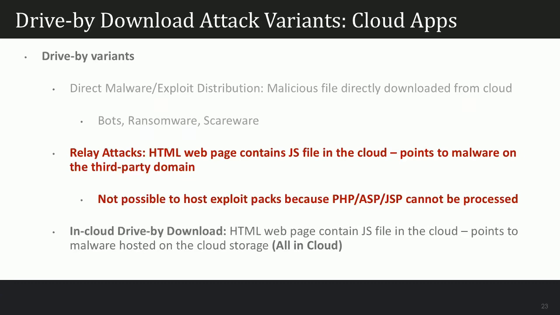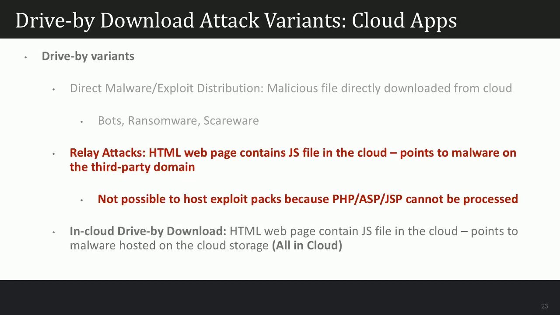An interesting point in that case is, again, the trust factor: you feel that, okay, I'm still going to Google Drive, I'm still going to S3, I won't have any problem. But at the end of the day, the link is redirecting somewhere else. So relay attacks, right? In this case, the cloud app is simply a hop channel. But when it comes to threat intelligence, we have to dissect and build threat models like this: direct malware distribution, relay attacks.